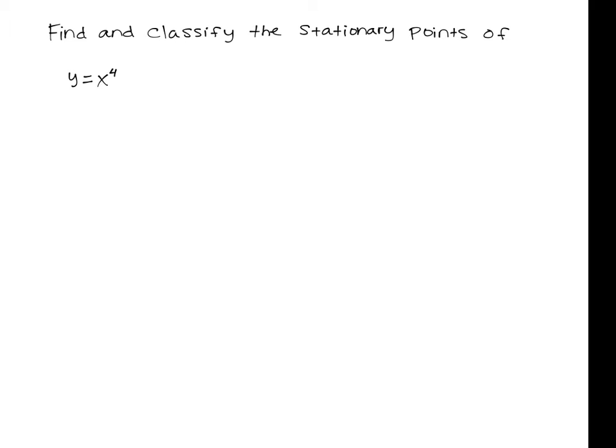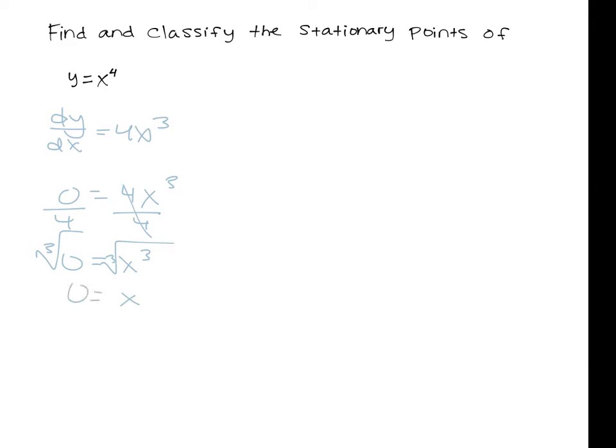So we are going to differentiate our function, and that means our first derivative is 4x cubed. And then once we found our first derivative, we're going to set that equal to 0 and solve, and that'll give us our stationary point, or points. And so we'll divide both sides by 4. We'll get x cubed equals 0, and when we take the cube root of both sides, we find that x